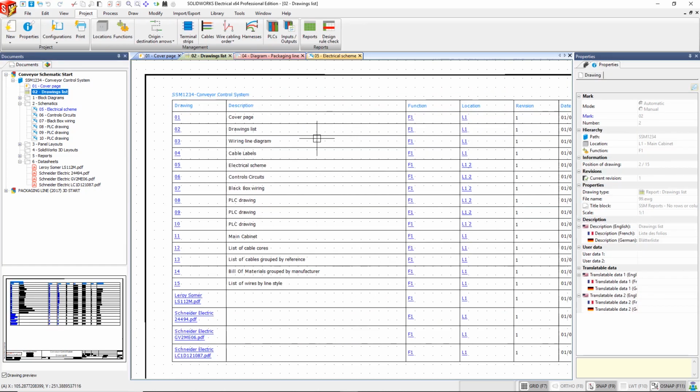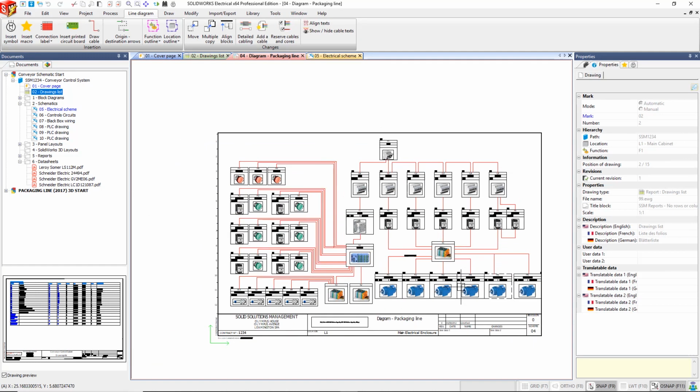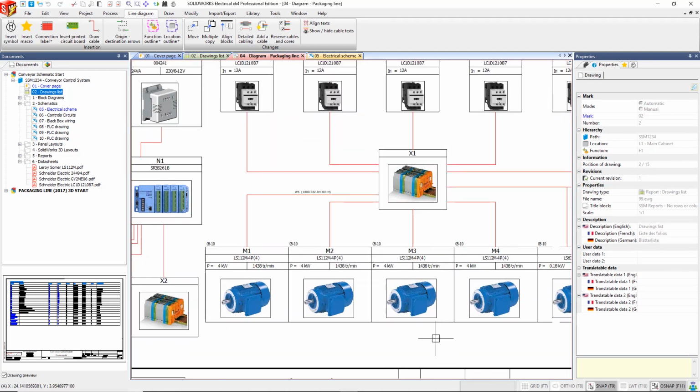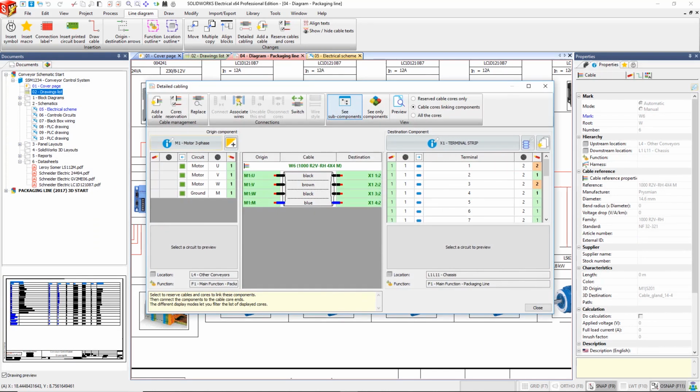I've also got a drawing list or a contents page, and this will update based on the documents I have in the project. So you're not doing this as a manual task yourselves, it will update based on the contents. We've also got the ability to do single line diagrams within SOLIDWORKS Electrical. What this enables us to do is to plan out a job, so we could actually place down standard blocks from a standard library, connect them up to things like terminal blocks, and the lines that connect them are actually cables. So if I click onto this one here, you can see I've got a 4-core cable, and if I click on the connections, it shows you very clearly where things are connected from and to.